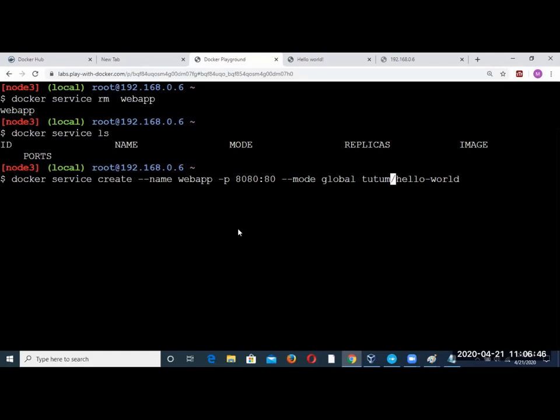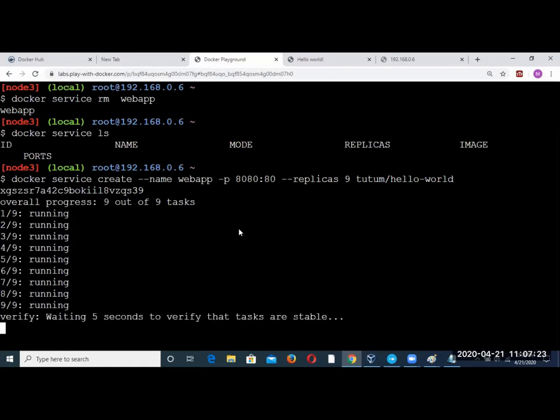Here I made it global, so it got one replica each. Let's see. 9 replicas. Any number you can give, depending on the capacity of that machine.